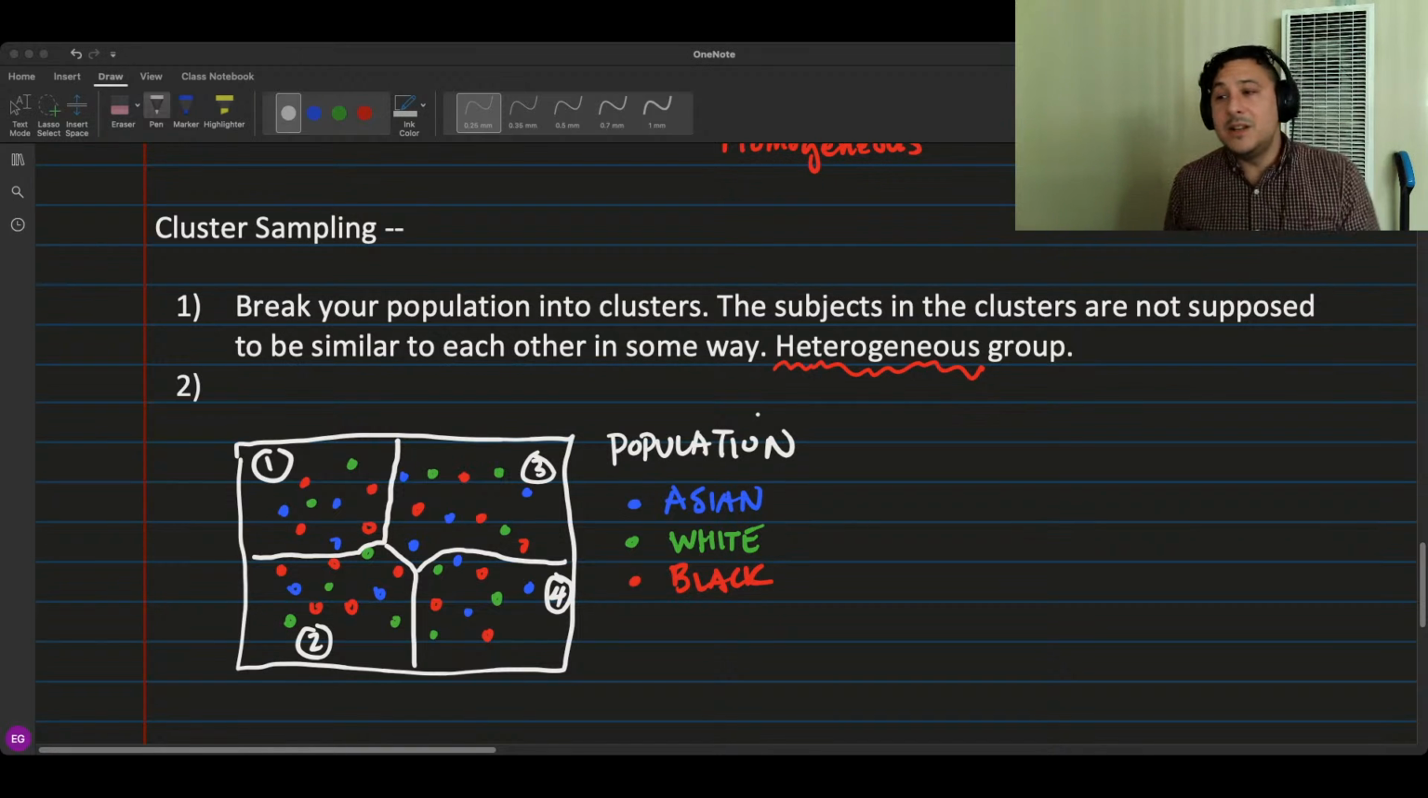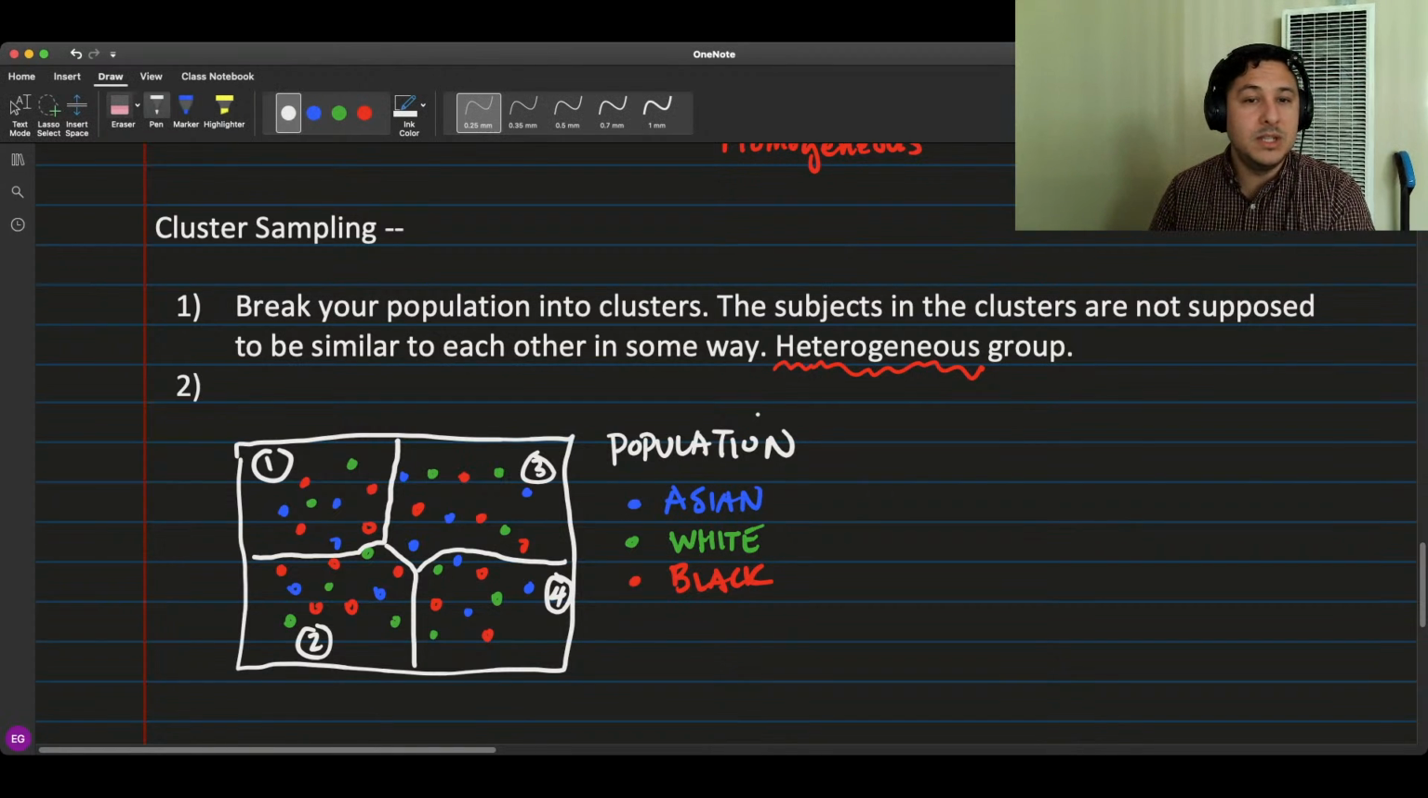And you look at each of these and you're like, oh, this is nice. I have a nice mixture of everybody in the different clusters that I've chosen so far. They're heterogeneous. They're not homogeneous. Okay, so now that I've broken up my population into clusters,